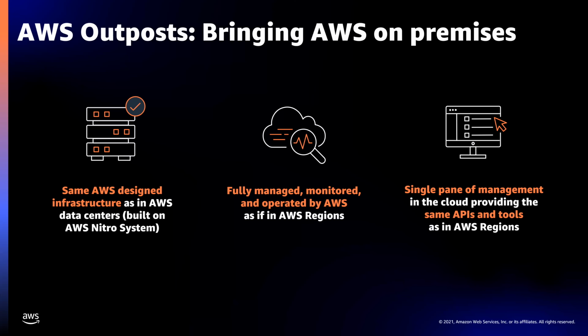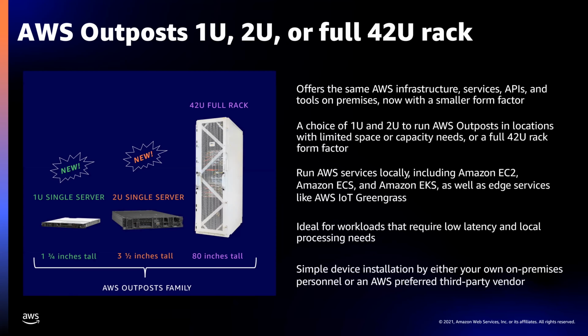All right, so what does an outpost look like? Well, you actually have choices now because the two on the left here are fairly new. What we came out with several years ago was the AWS Outpost full rack. This is a 42U unit. And so this is something you could order. These are all 3-year commitments. So they're purchased as 3-year renewals. But you now have the option where if a 42U full rack doesn't fit your use case, because maybe you want to bring it into a small shop or a remote site or a healthcare facility, you can now choose from a 1U or a 2U single server unit as well.